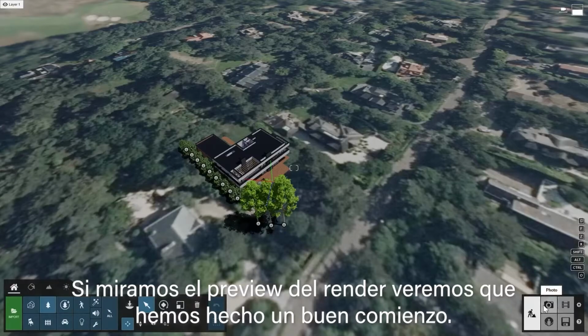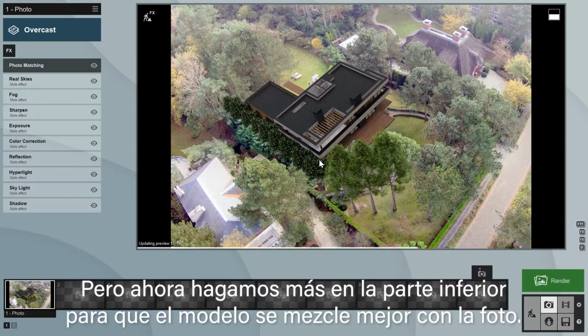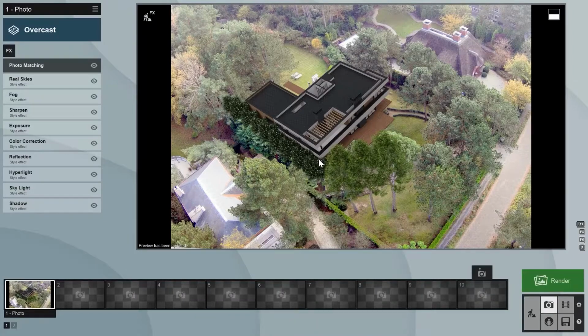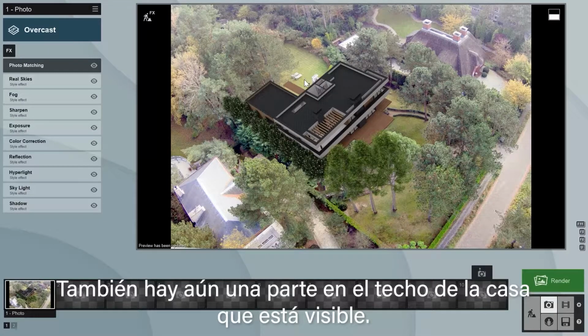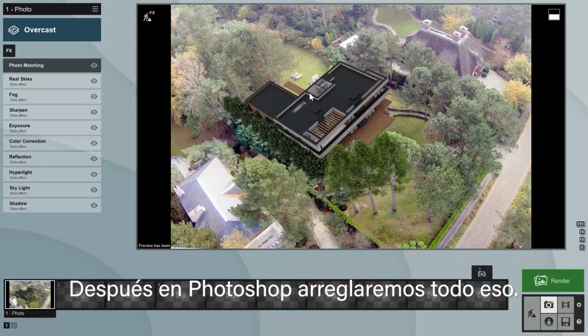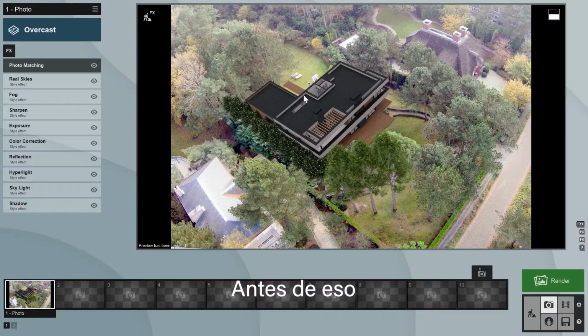Looking at the render preview, I think we're off to a good start. But now let's do more to make the model blend better with the photo. We can see that the color of the original photo looks a bit bluish. Also, there's a small part of the roof on the old house that's still visible. Later, in Photoshop, we'll address all of this. Before that,